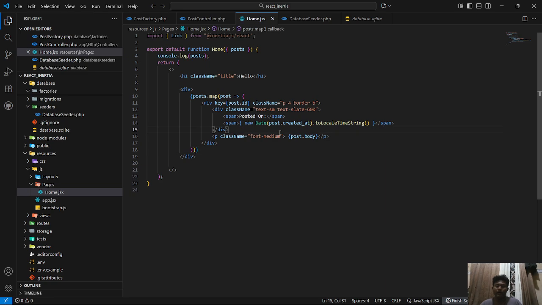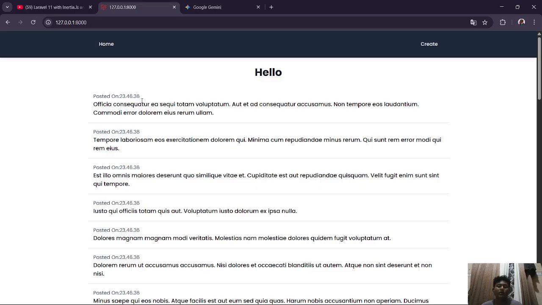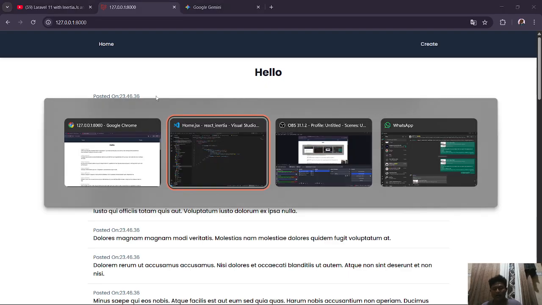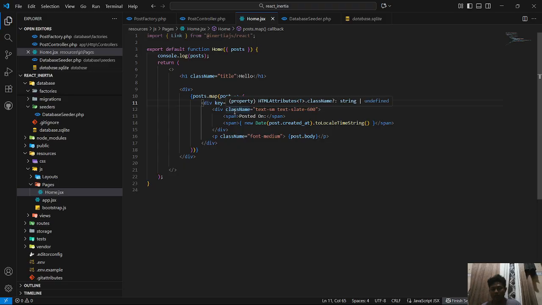Now I added some simple CSS, just text-ml and text-select. In the body, I just changed the font size, and we add padding and a border bottom. You can look, this is a time. I get this data from the column created_at.